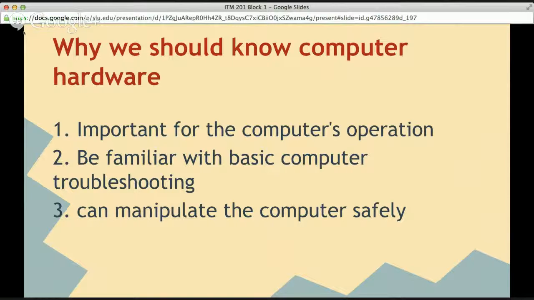Also, we should know the hardware because it can help us to be familiar with basic computer troubleshooting. If you know how to handle the hardware of a computer and know each of their functions, then you will easily determine what problem has stopped the computer from working. The third one is when you know the problem, if you have enough knowledge of hardware, you can know how to manipulate the computer safely.